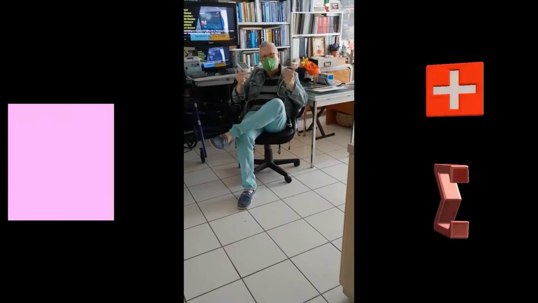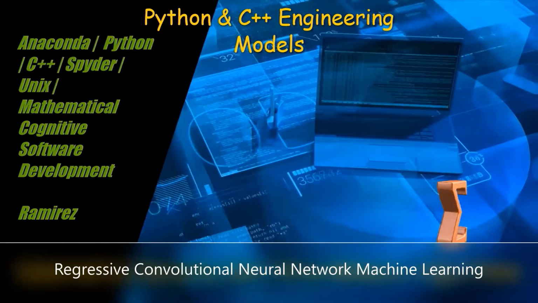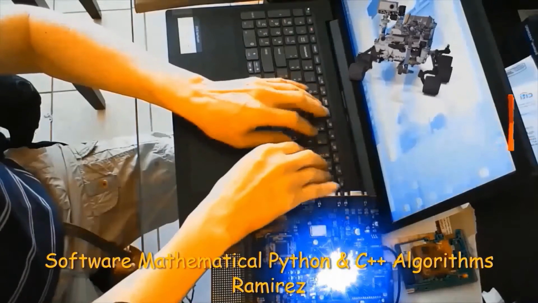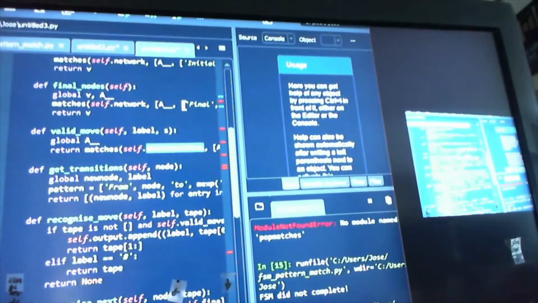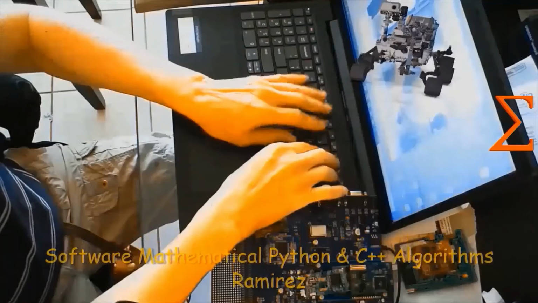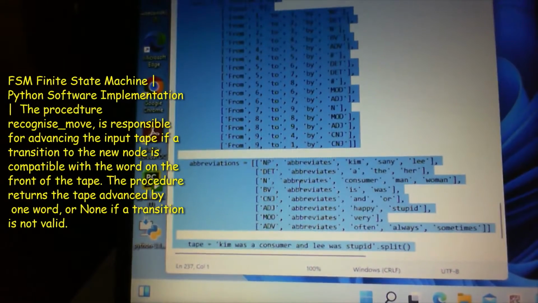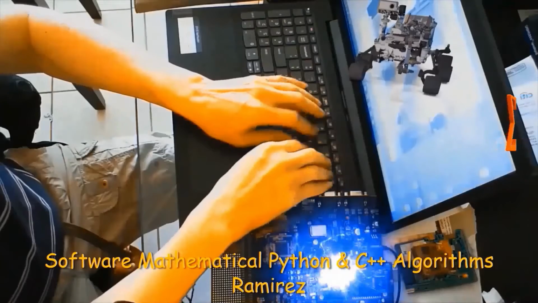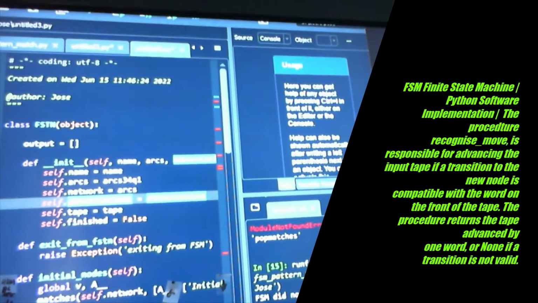So the Python code to implement this project will be as follows. From pop matches, import matches and MEXP. Then if __name__ == "__main__":